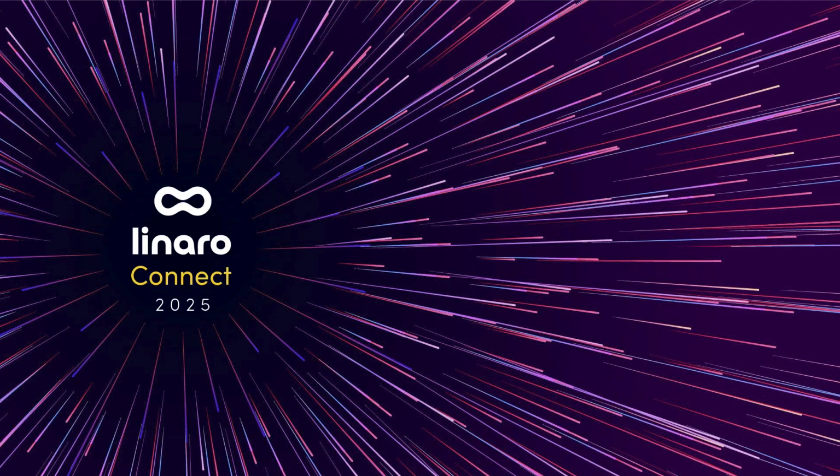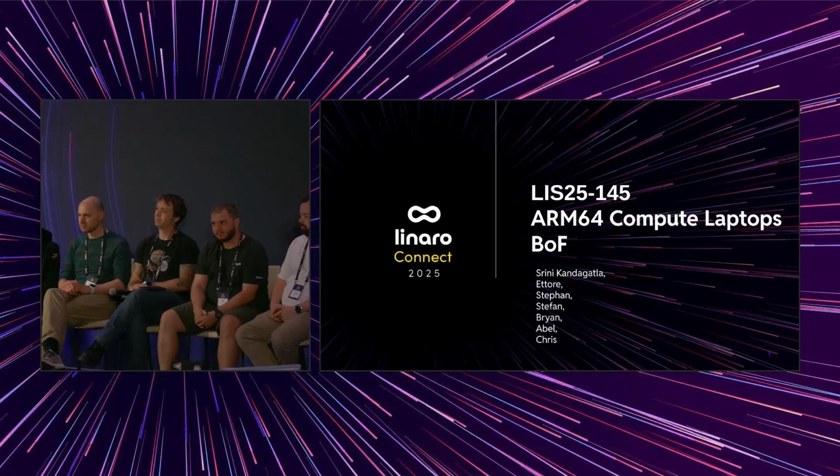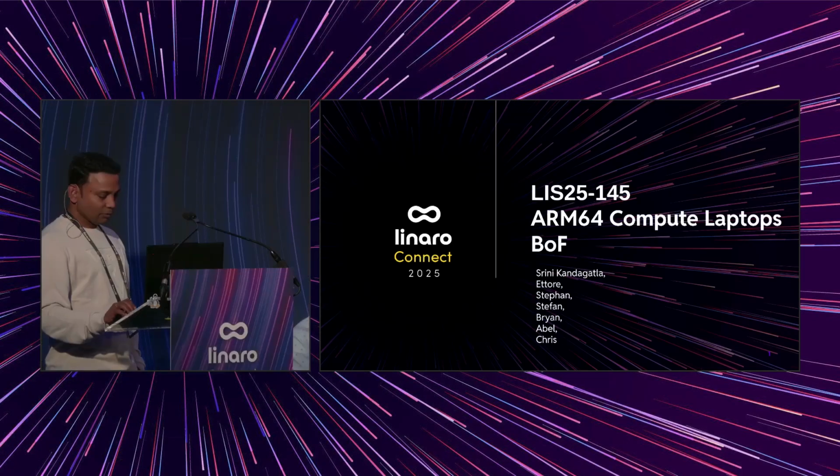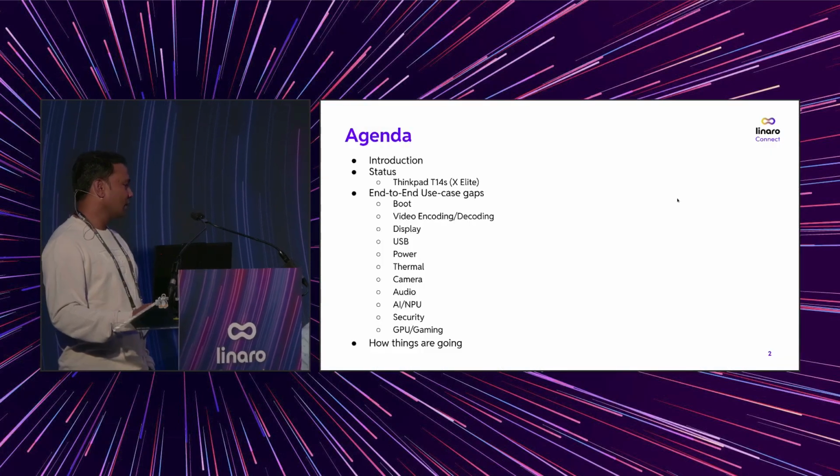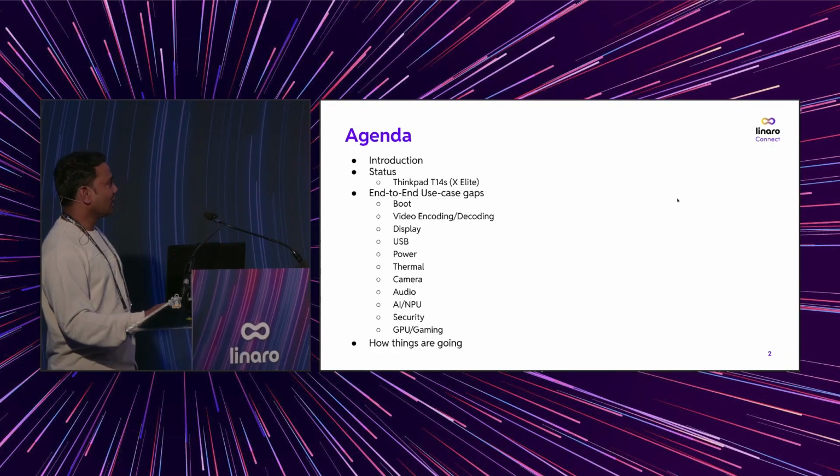So we just briefly wanted to touch base on the stuff we've been working on for a couple of years, and I think it's more than 8-9 years, since Windows on ARM laptops have shown up. I think it was the 2018-19 timeframe when Lenovo started hacking on these platforms, and that's when we wanted to give a developer experience on these platforms. Since then, we have changed a lot. We have enabled lots of support, but still there's a long way to go.